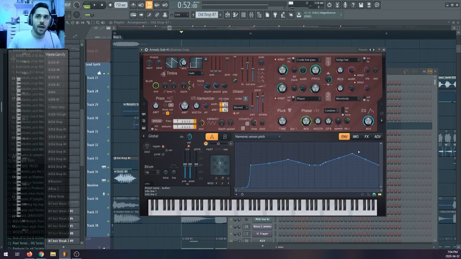But generally, when the high frequencies are detuned more than the low frequencies,